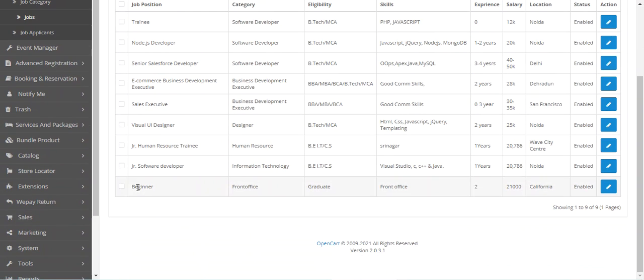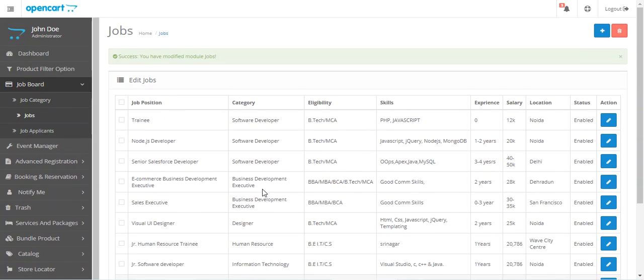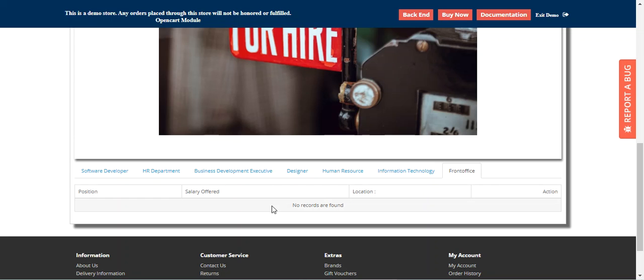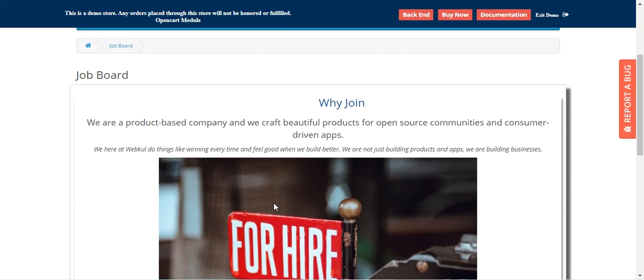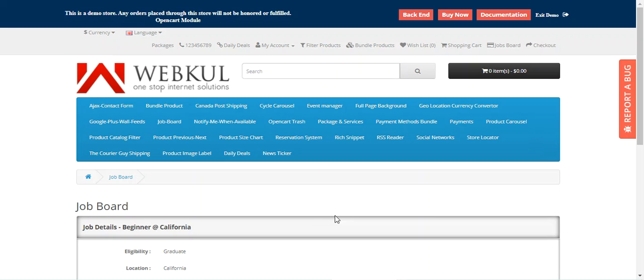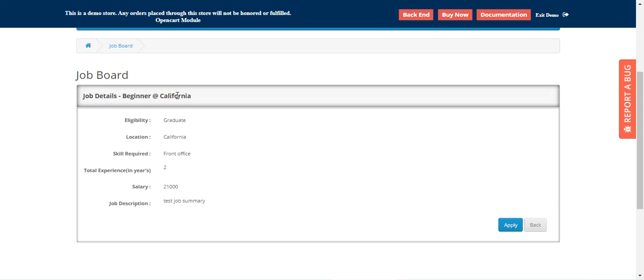So you can see that the beginner job has been saved for the front office category type with the eligibility as graduate, the skills required as front office, and experience required 2 years. Now if I refresh the storefront here for the job board itself and scroll down, I go to the front office. Here you can see the job position is beginner, the salary offer is 21,000, the location is California. To view the complete details, I can tap here on the view details button, and the complete details would be visible here to the user, and from here he can tap on the apply button to apply to that particular